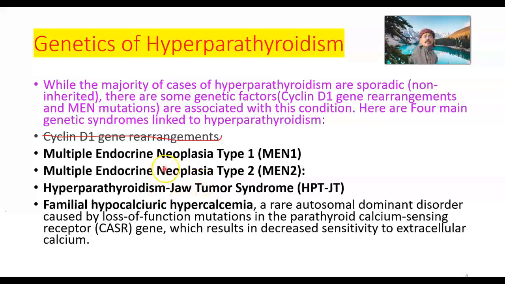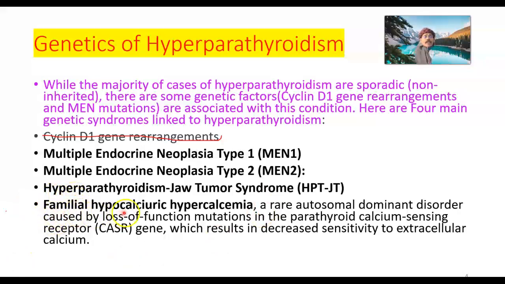In this situation, hyperparathyroidism, jaw tumor syndrome, especially seen in children, there may be tumor of the mandible or maxilla, maybe in the kidney, even in the urinary bladder. So this may be associated with